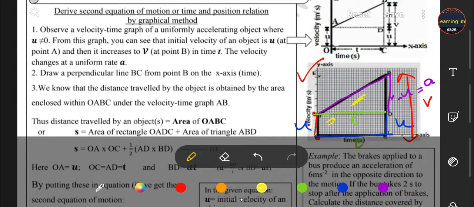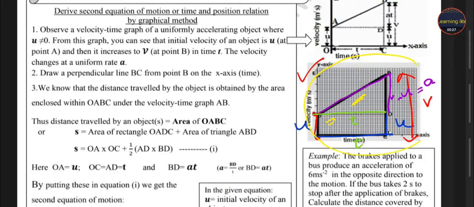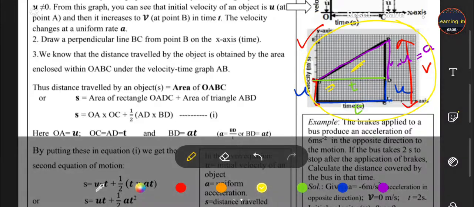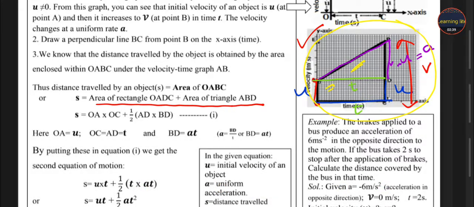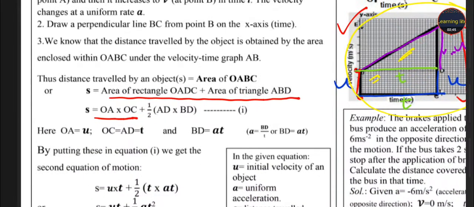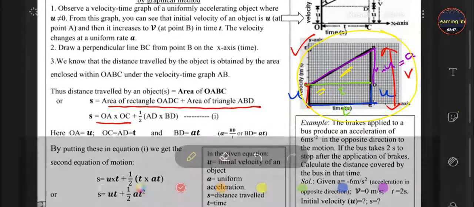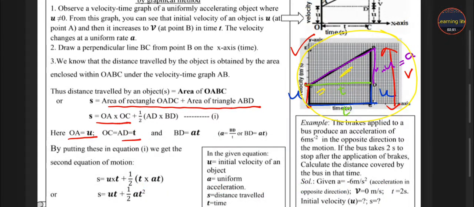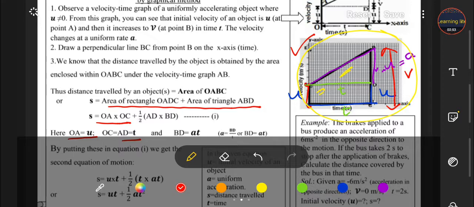So students, if we have to calculate the area of the complete figure, if we add the area of the triangle and rectangle, we get that. So let's move with that. The area of rectangle plus area of triangle. What is the area of rectangle? L into B, length into breadth. What is the length? That is T. And what is the breadth? That is U. So length and breadth, that is U into T.